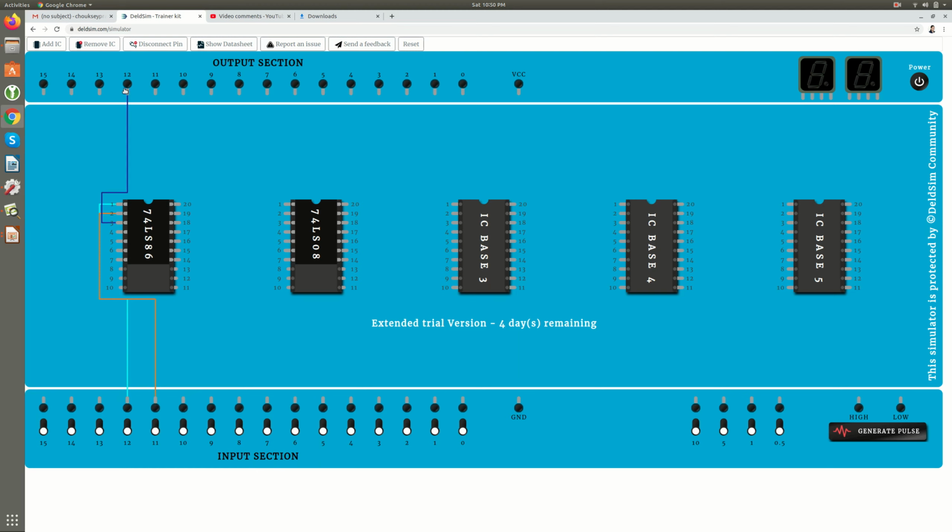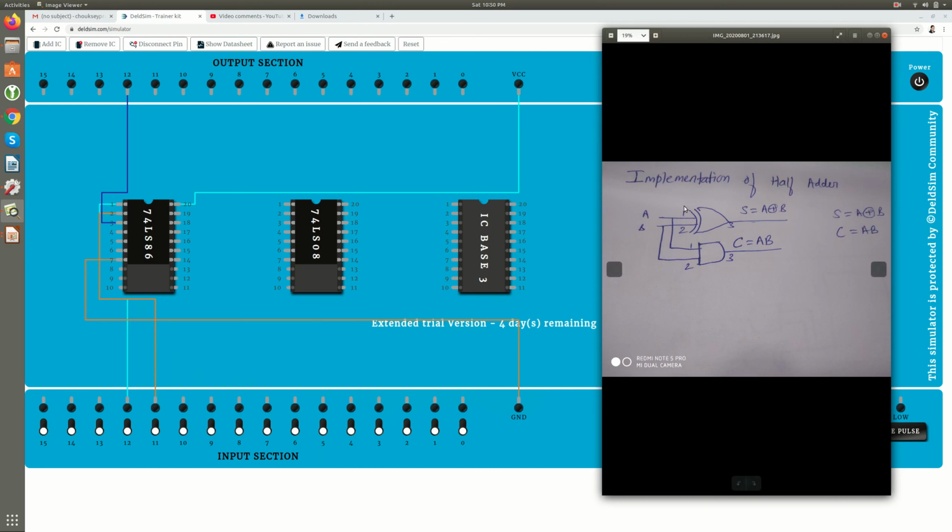This is the output for sum, since the equation for sum is A XOR B and this is the XOR gate IC. Now pin number 14 is your VCC pin, and pin number 7 is your ground pin. Right, now we have made connections for this XOR gate.